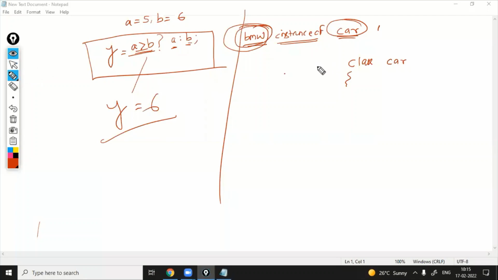You know what is a class? You know or not? No, sir. Class and object, both I don't know. Okay, if you don't know, that is also okay, because after 2 classes we are going to discuss class, object, everything. Since you are asking me, I am giving you one simple example.